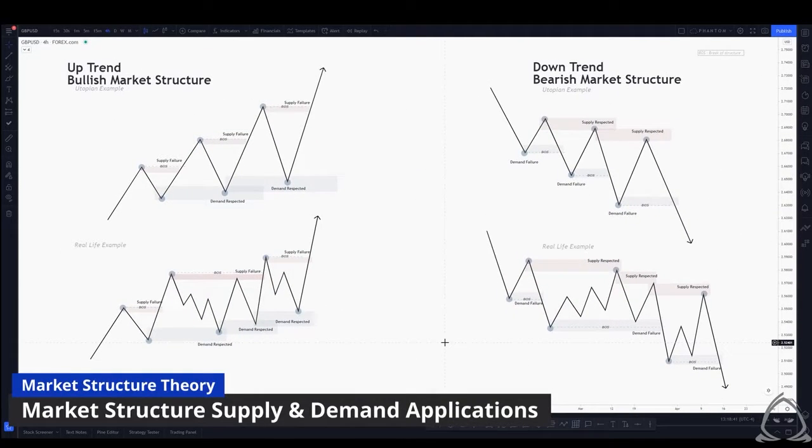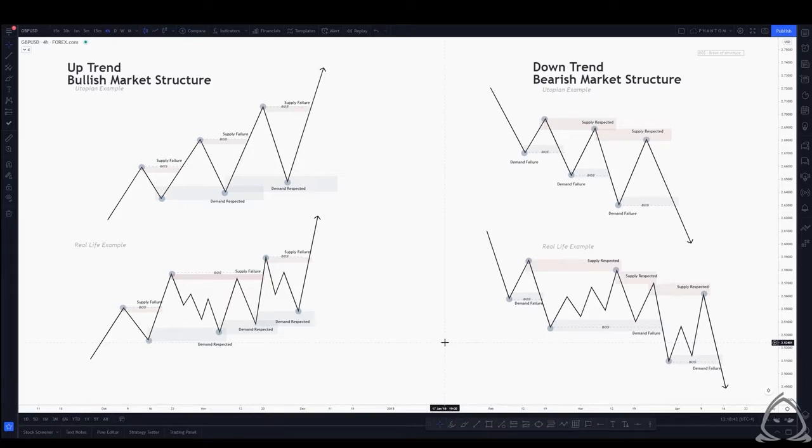Now let's take it one step further and combine market structure with supply and demand to understand how they interact with one another. Using the same examples from prior, we have, again, the utopian bullish trend example. We're creating higher highs, higher lows, higher highs, higher lows, higher highs, and higher lows. But if we take that a step further and look at it through the lens of supply and demand, what